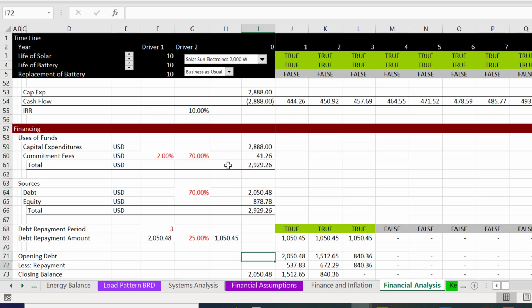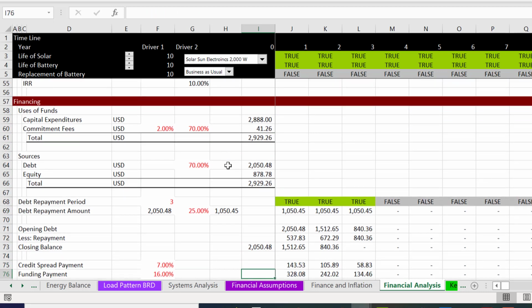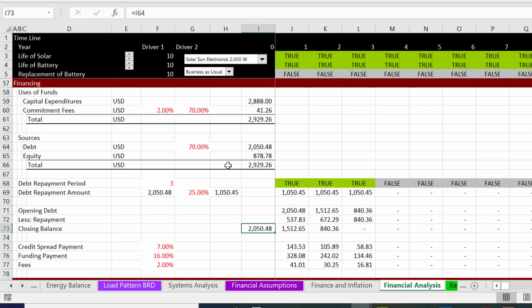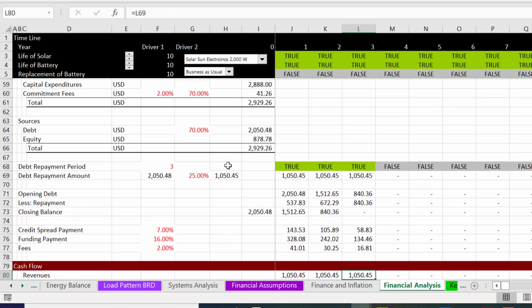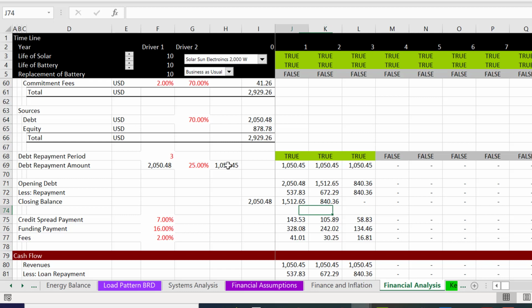You have to put some money up front. Okay, and then you pay off your loan in 3 years, which is almost like paying it off up front. The difference is really not much. And then you have to pay a credit spread plus get the thing funded. Now, the on-lending people get this 7%. The question is really, how much do they actually need? And if you're going to make a model of them, you'd have to make a model of how much